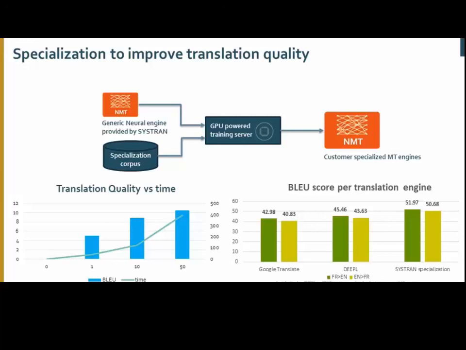Our goal is to offer all organizations the capability to be multilingual compliant, to talk easily in any language, so that communication is not stopped or blocked by language. So it's really our mission.